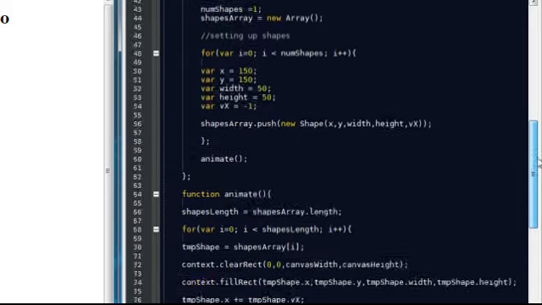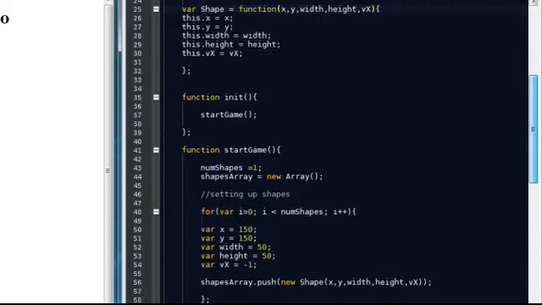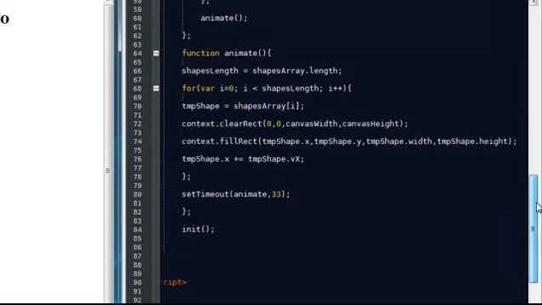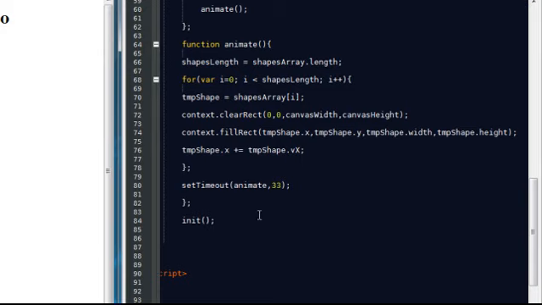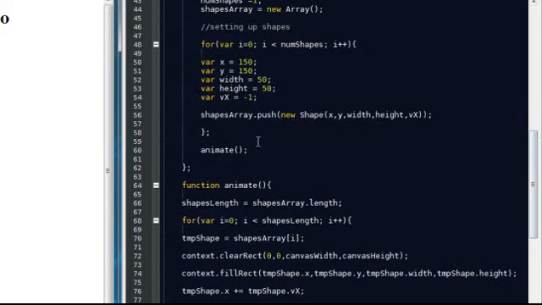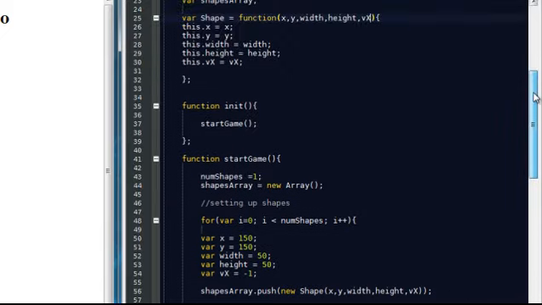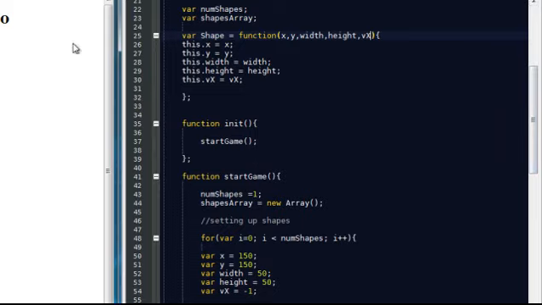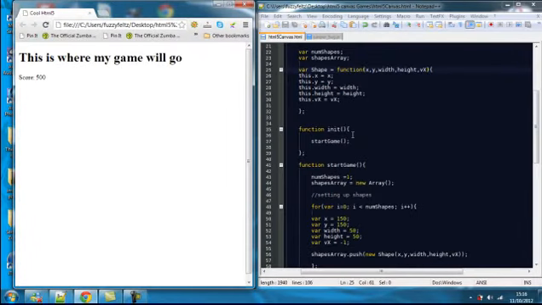Now this all looks a little bit complicated, but trust me, once you get used to this kind of framework of the initiate function, the start game function, and the animate function here, and then making a call to the initiate, you're just going to populate these functions as you go along, and it's going to get a lot easier. Now, if I show you this working,